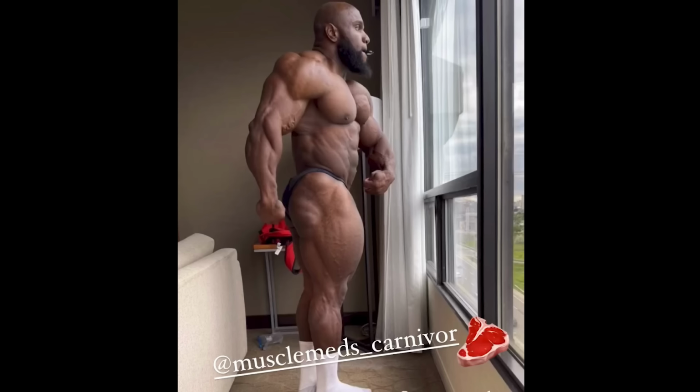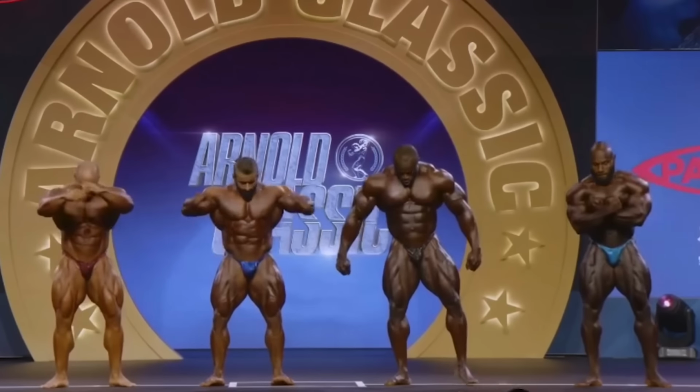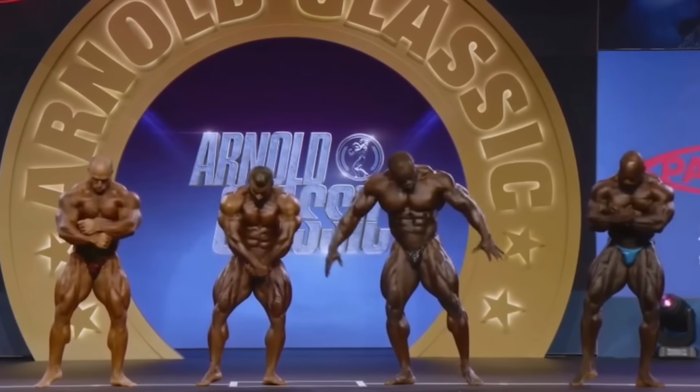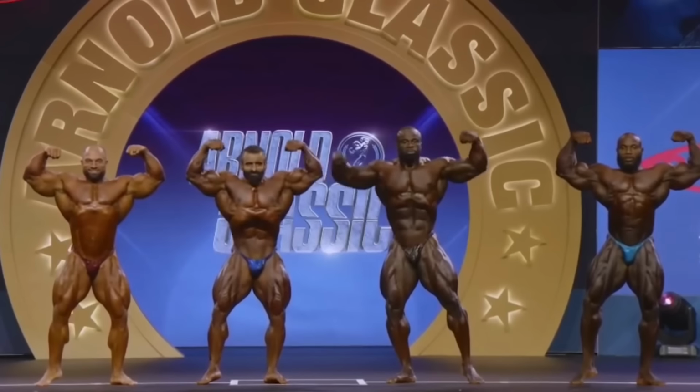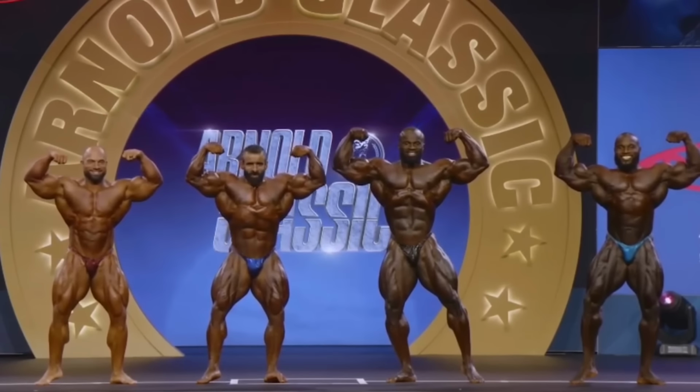And the man looks to be in a phenomenal condition right now. The serratus, the abs, everything is looking on point. And just take a look at that side leg and the striated glutes. Everything is in. So as you guys already know, Akim Williams placed third behind Samson Dauda and Hadi Choopan at